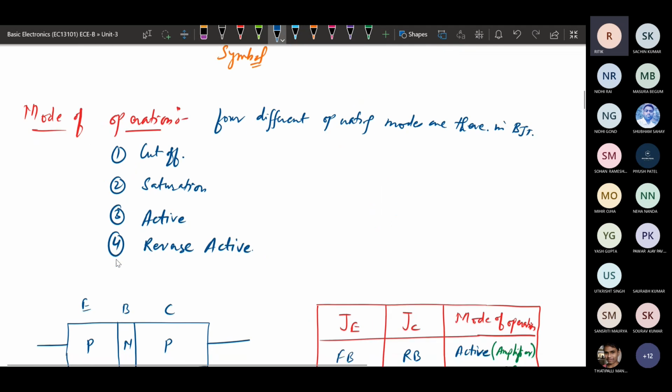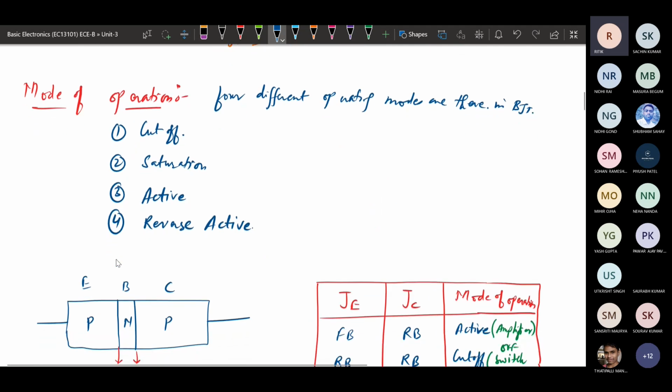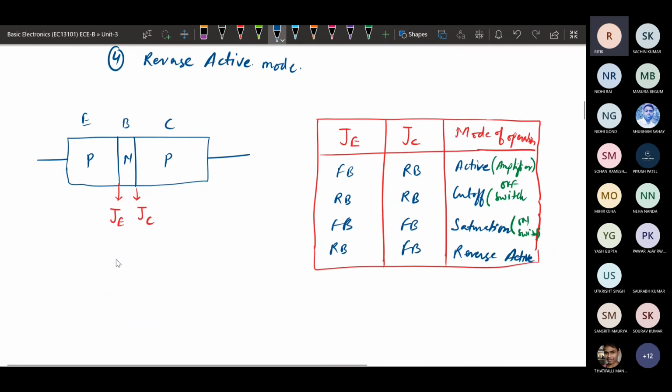Next we will see what are the different modes of operation. So in BJT there are 4 different modes of operation. These modes of operation are based on the biasing, like what is the biasing provided to the different terminals of this BJT. We will be considering 4 different modes of operation. The first one is the cutoff region or cutoff operation, cutoff mode we can call it. We call it cutoff mode, saturation mode, active mode, and reverse active mode. So this has been summarized into this table.